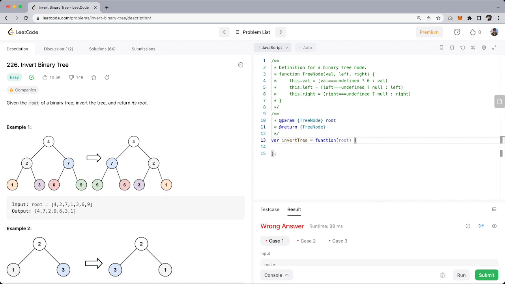So in the case that there is a root, because this might not be the case, then we just want to set the root.left, the left child of the root, to the inverted right child, and vice versa. Dot right is invertTree(root.left). Dot right,